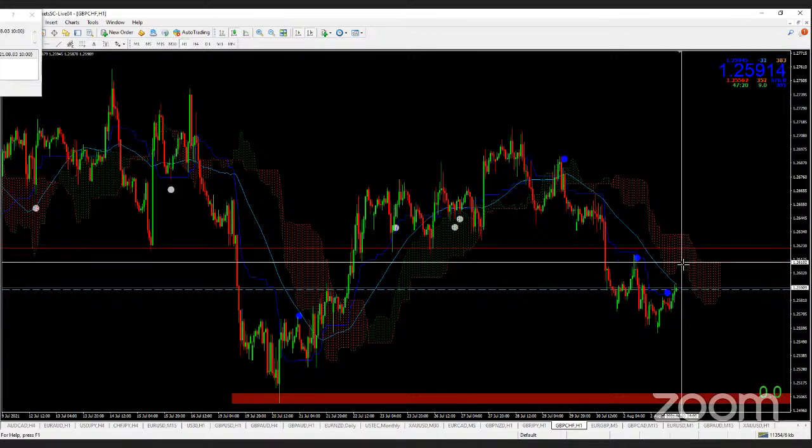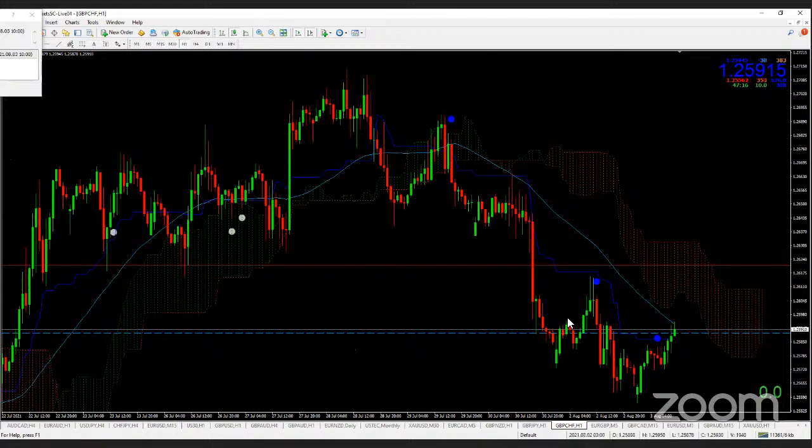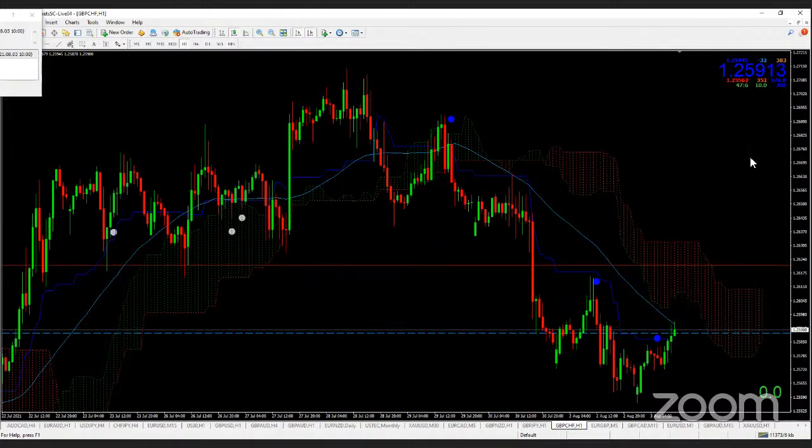If it gets there, because what could happen, just like price does a zigzag, it could go up, down, up, down, up. Before getting to that line, it goes down again before continuing up eventually. So we'll be having that. Like I said, I'll be